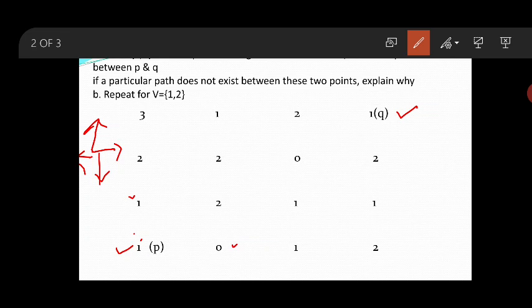Means 1 is from V, 0 is also from V. Now if I choose this path, let us take that I made a connection between pixel P and the pixel above it.